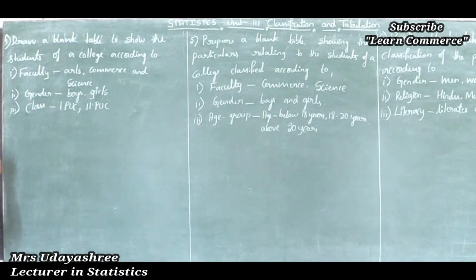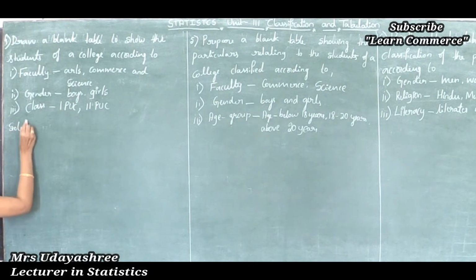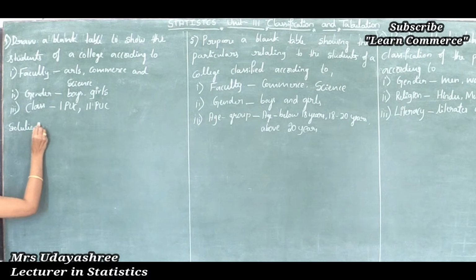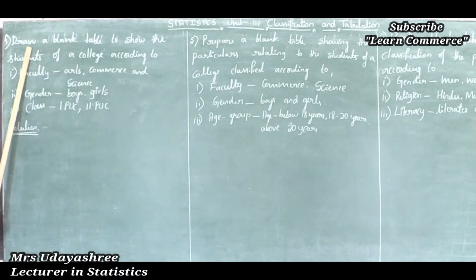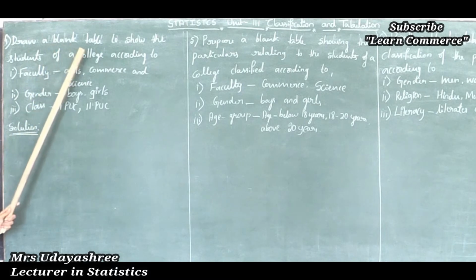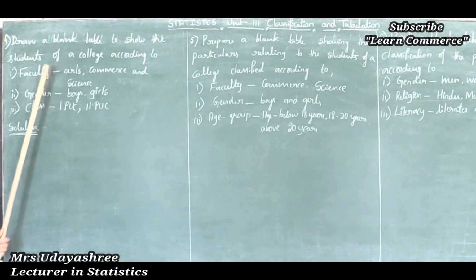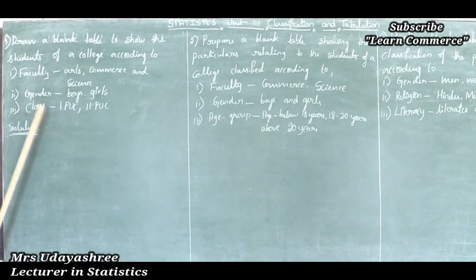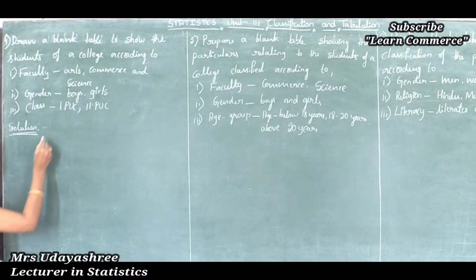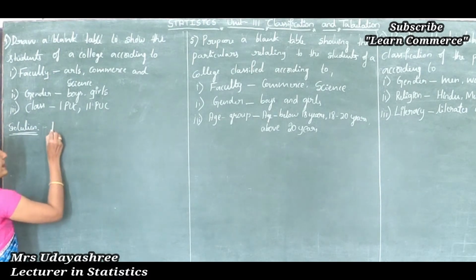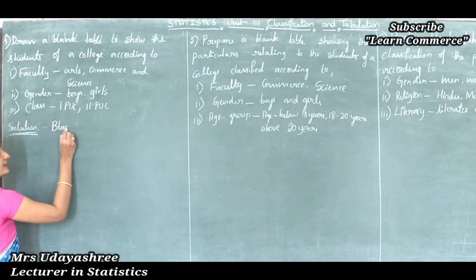Before preparing the table we need to write the title. What title is suitable for this question? See the question: draw a blank table to show the students of a college according to faculty, gender and classes. Therefore the title is like this, that is, the blank table represents